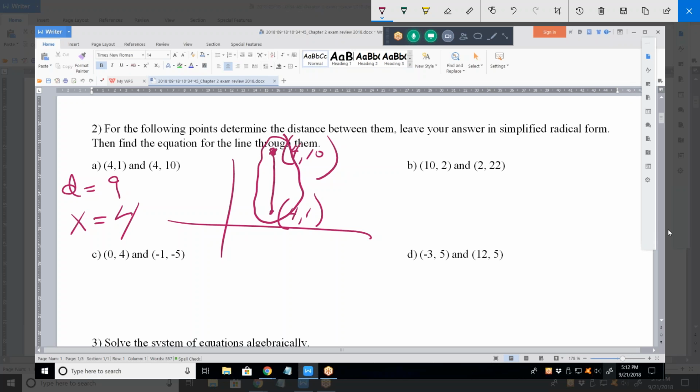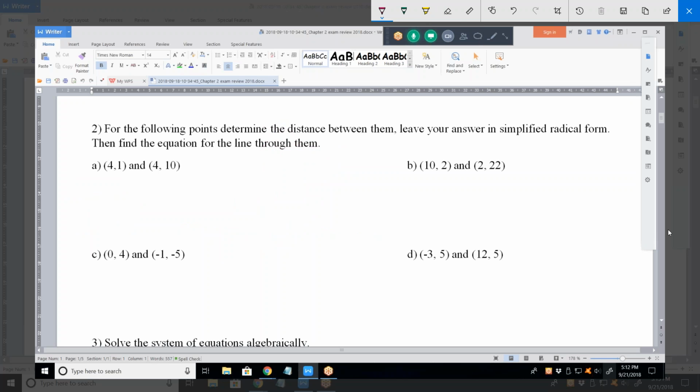When they say find the equation for the line, they're really referring to the equation that goes all the way to infinity in that direction and that direction. They're not referring to those lines we saw in the previous problem that have very finite domains. Okay, B is a better problem because in B you have to use the